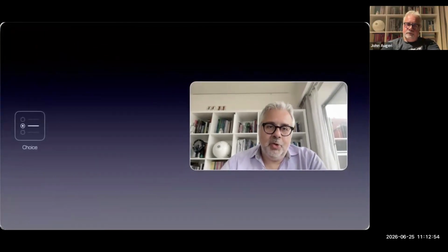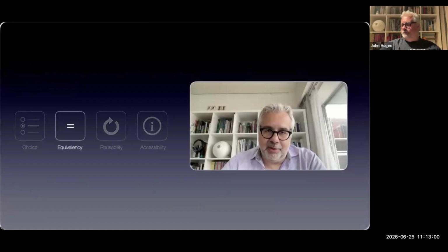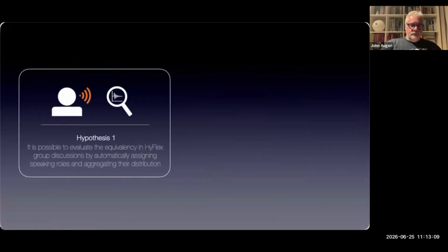So for this research, let's start with the hypothetical research questions that we had. There is no need, I guess, for us to remind you the four core principles of HyFlex, but here they are: choice, equivalency, reusability, and accessibility. We focused on equivalency in our research. Practically speaking, we were relying on two hypotheses, which were first that it would be possible to evaluate the equivalency